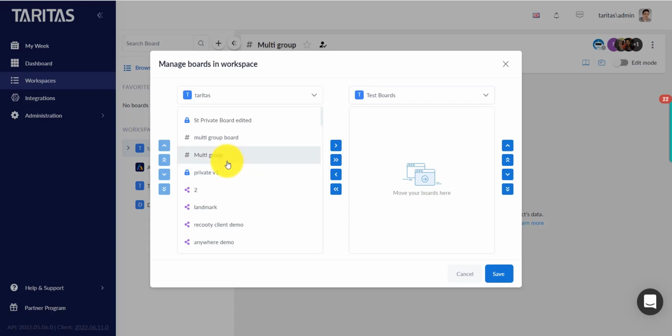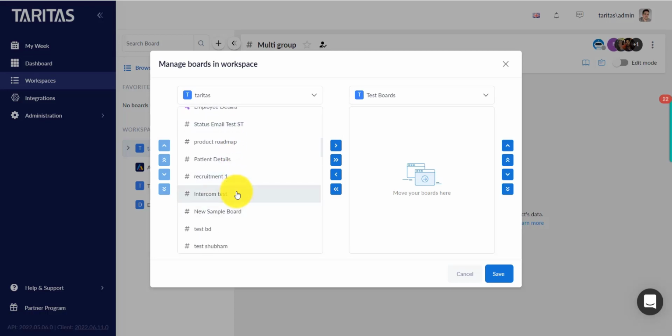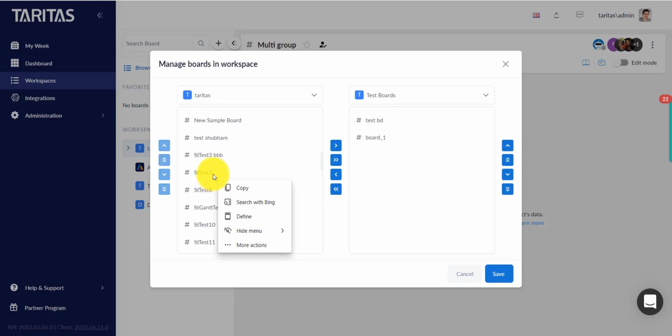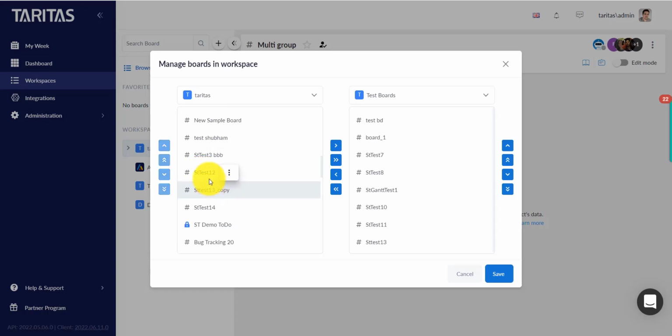Just select the destination workspace on the right hand side and select the board that you want to move from Territas to test board workspace in this case, and click on the top arrow. Clicking on the top arrow moves the selected board from the left workspace to the right workspace. Let's do a few more. You can also double click on a board to move it from the left workspace to the right workspace. So I'm going to go ahead and move a few of them from the Territas workspace to the test boards. Once I'm done,